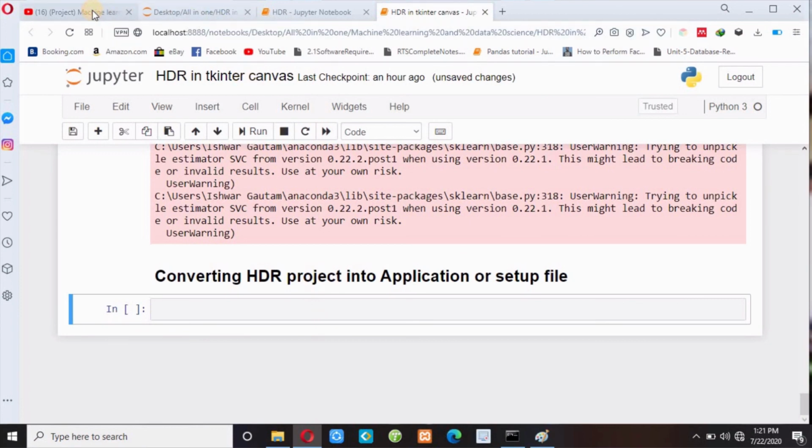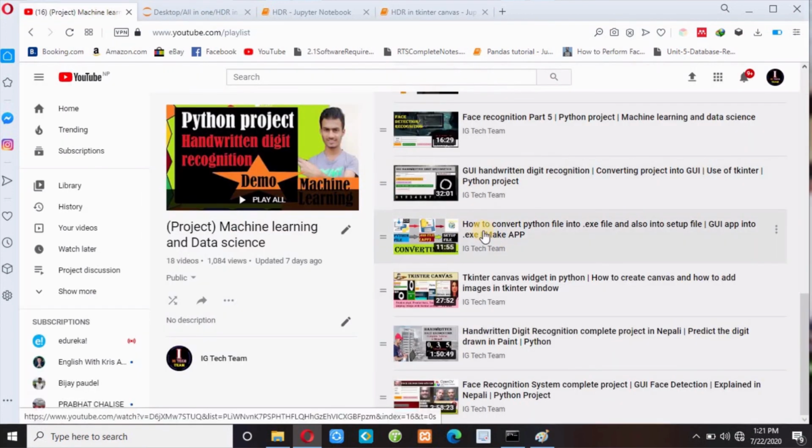For this you can watch this video, how to convert Python file into .exe file, and also into setup file, GUI app into .exe. I have converted my face recognition project into an application, but the idea and concept is the same, to convert your handwritten digit recognition into an application. So you can watch this video.